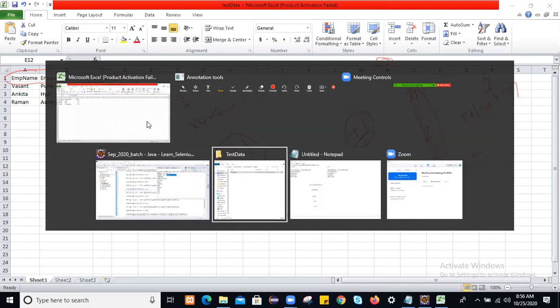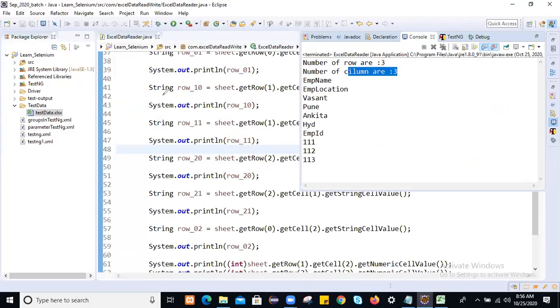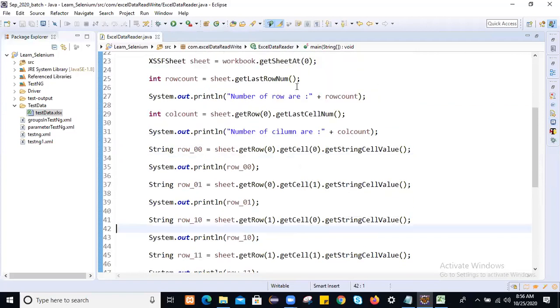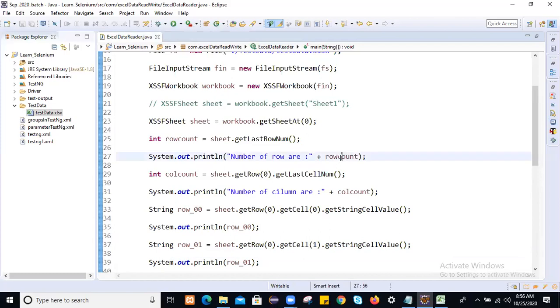For getting the number of rows and number of columns, these 2 methods are important. Get last row number and get last column number. If you want the exact row count, simply use get last row number plus 1.